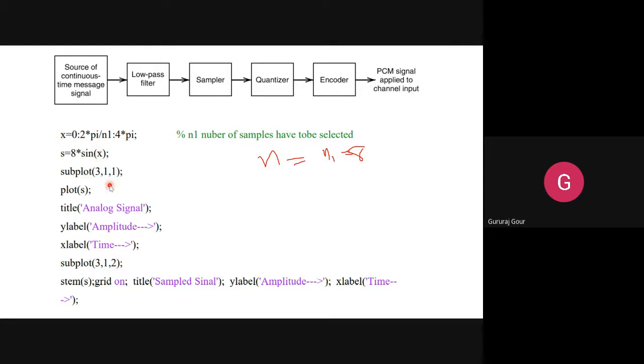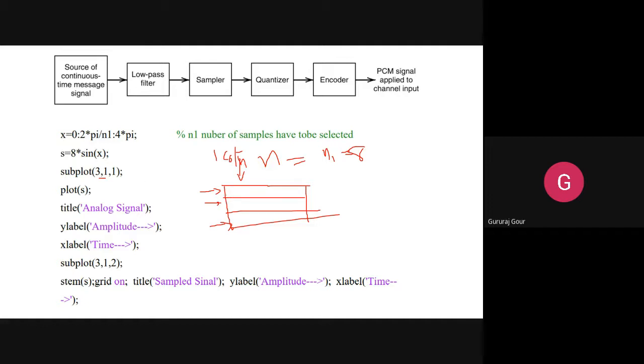Now we are going to plot this analog and sampled version. So this is subplot 311. What will 311 indicate? So 3 rows, it is like this, guys. I hope you know this. It is 3 rows and only one column. And here you can see first row, second row, and third row. So subplot 311 means the first row, first column.